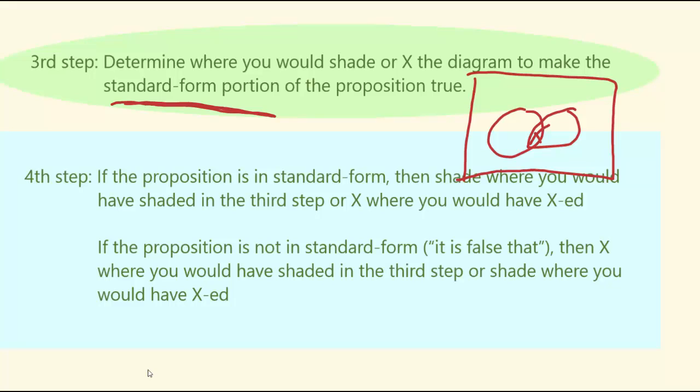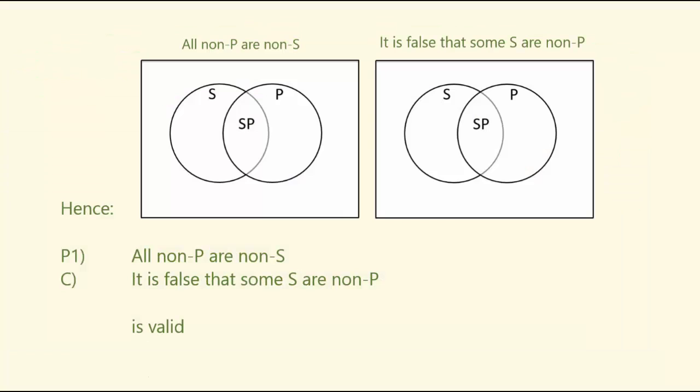Roughly like so. So that's if it were to have it is false that in front of all A are non-B. All right, so let's take a look at how Venn diagramming can help us determine whether an argument is valid